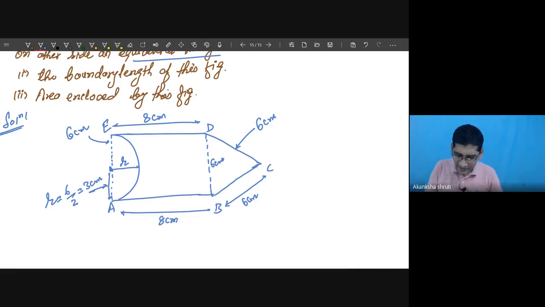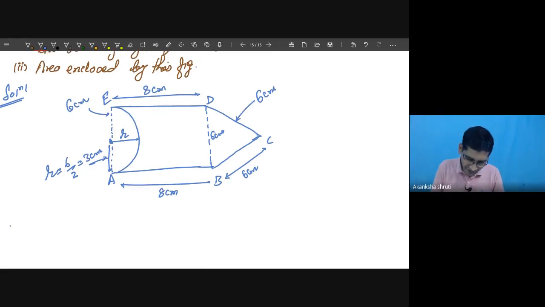Here the radius of the semicircular part we have determined. Therefore, what is the boundary length of the semicircular part? I mean, if we want to calculate this much boundary, what is this? It is half of 2 pi r. Means it is nothing but pi r simply. So right, semicircular boundary,